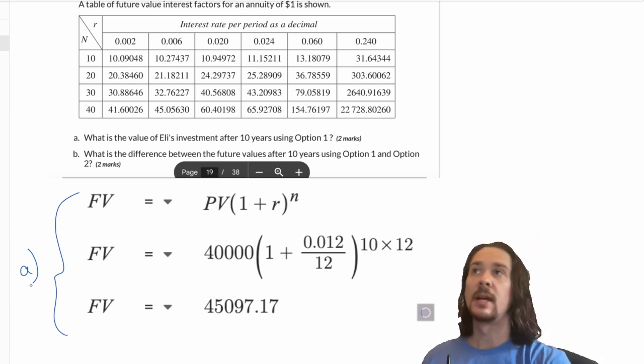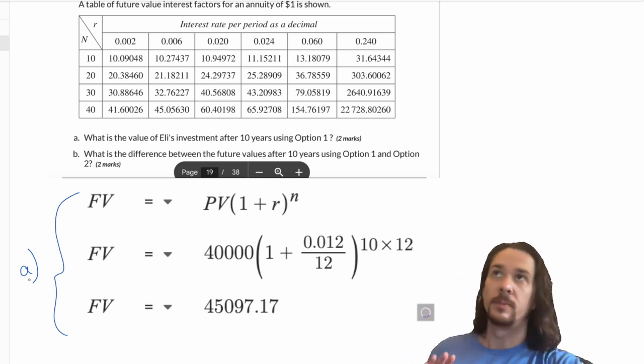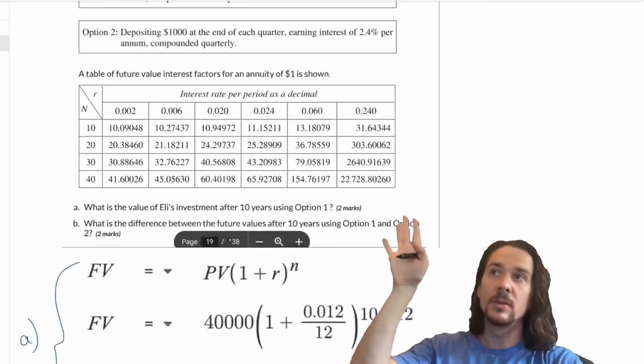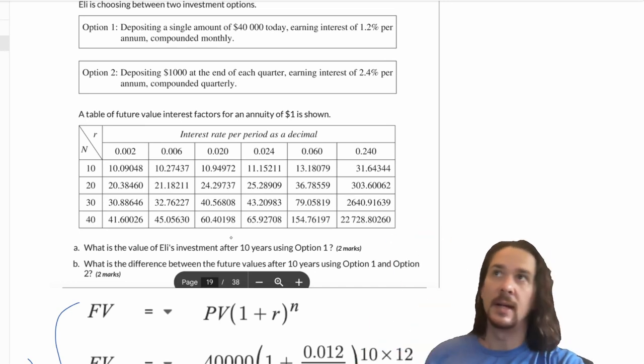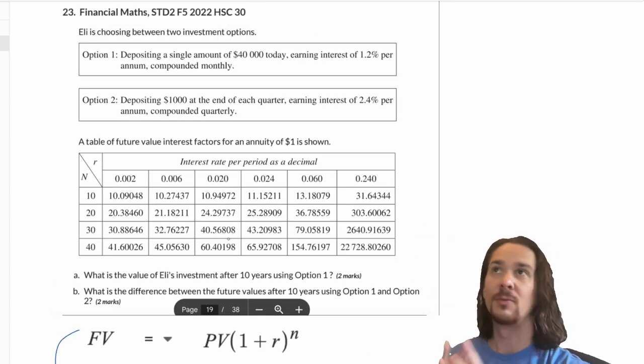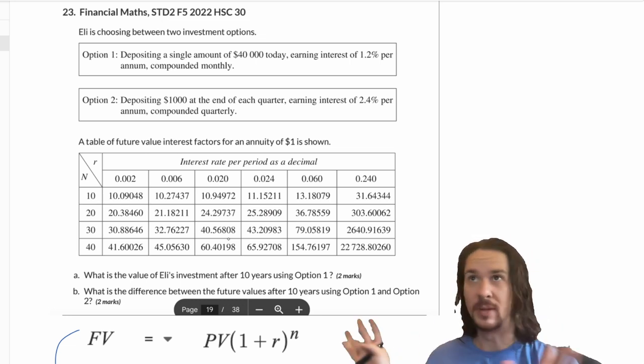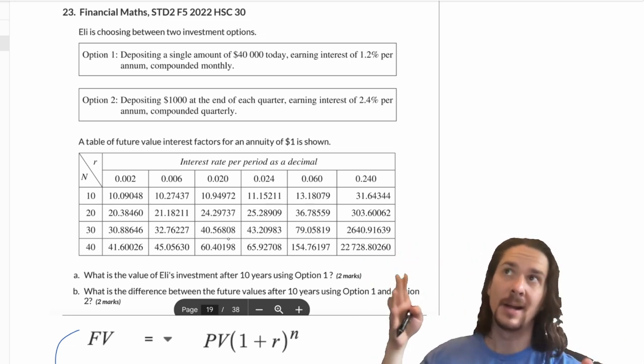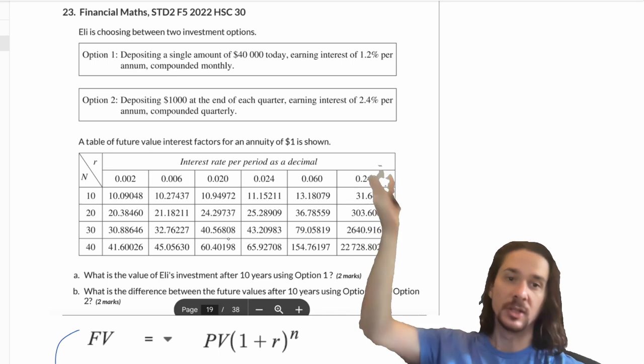Now let's look at part B. We want to know the difference between option 1 and option 2. And option 2 requires us to use an annuity table. So here we have a table of future value interest factors for an annuity of $1. So whatever we get here, we're going to have to multiply it by 1,000 because that's what she's actually putting